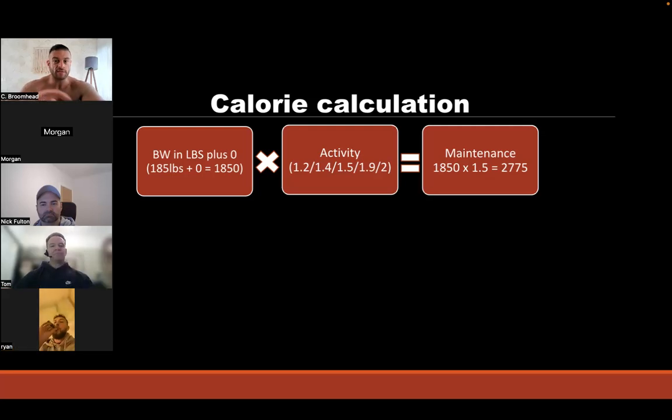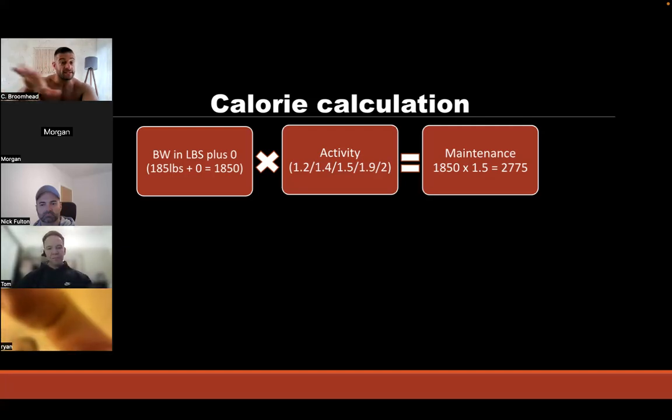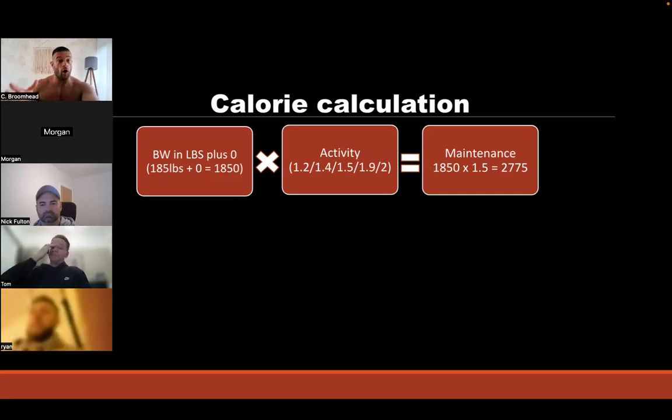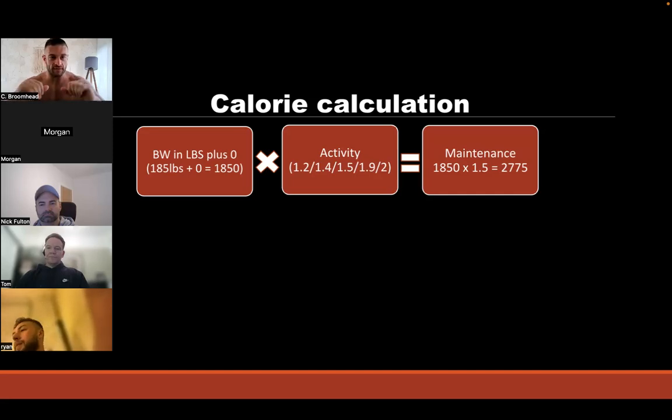And then it's trying to work out your maintenance, and then work out your actual amount that you would need. But this is just a calculation. So what I would often do is either use this or data that someone gives me to try and work out roughly the amount of calories for them. If we can work out maintenance, then we can work out surplus and deficit. But understand that it's impossible to work out on a calculator. People think that it is. There's such a big variance between everyone.